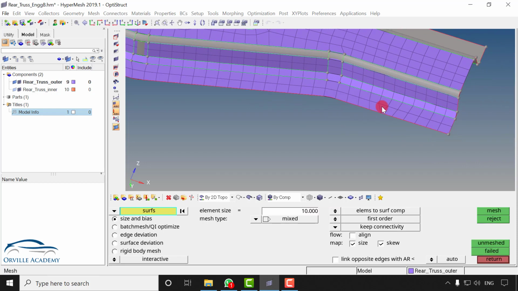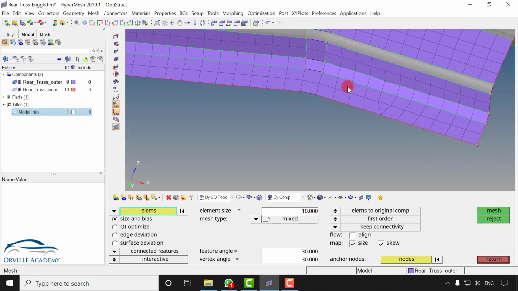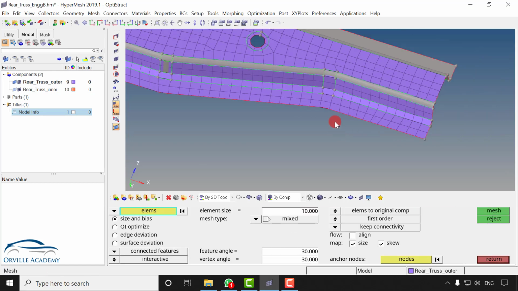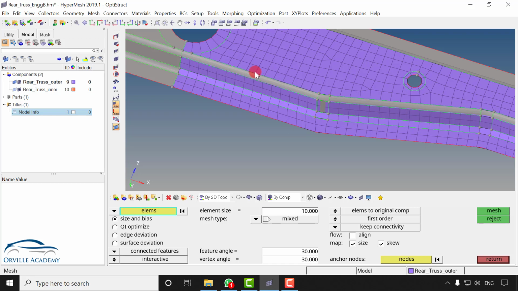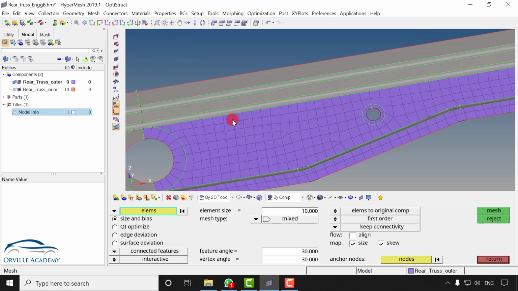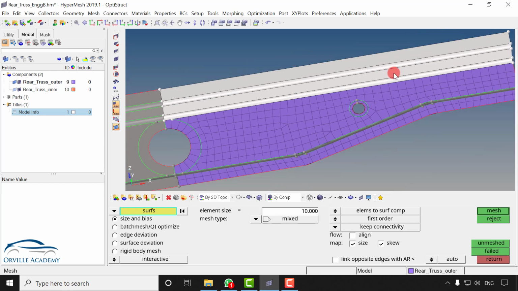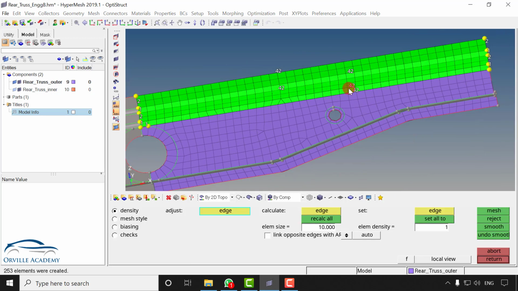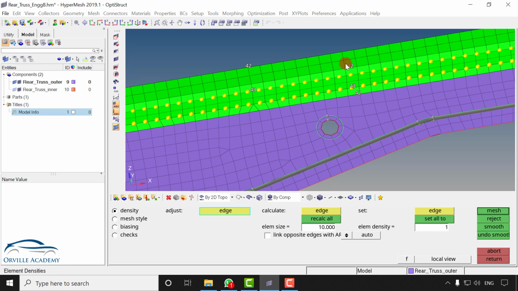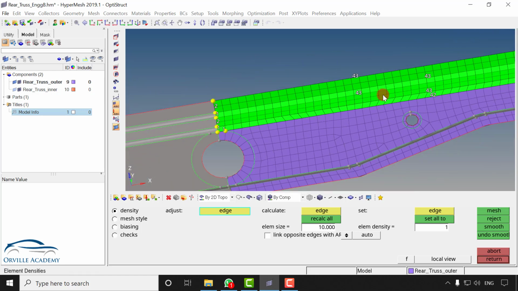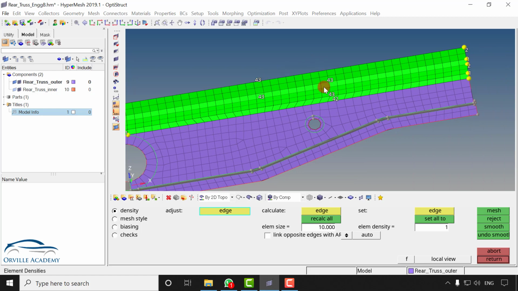You can do the local remeshing over here. So I can go for element, select that layer of element and just say 4. You can see every single element is a quad element. Now let me go for this location. So let me switch back to the surface, select all these surfaces and just say mesh. Now here I just have to increase the number by 1, and you can see this triangular element also has been removed, and I have all the quad elements.